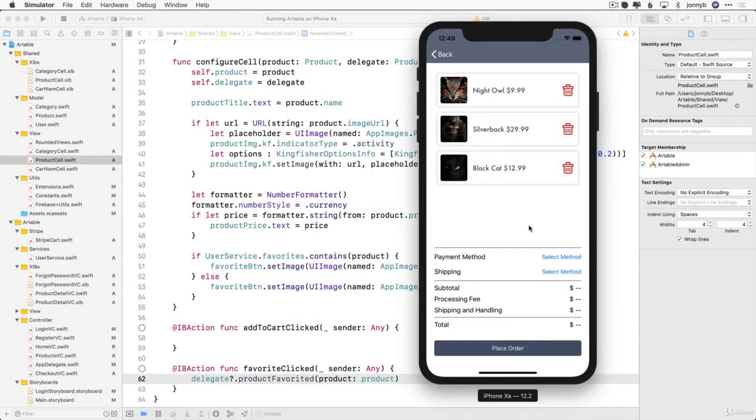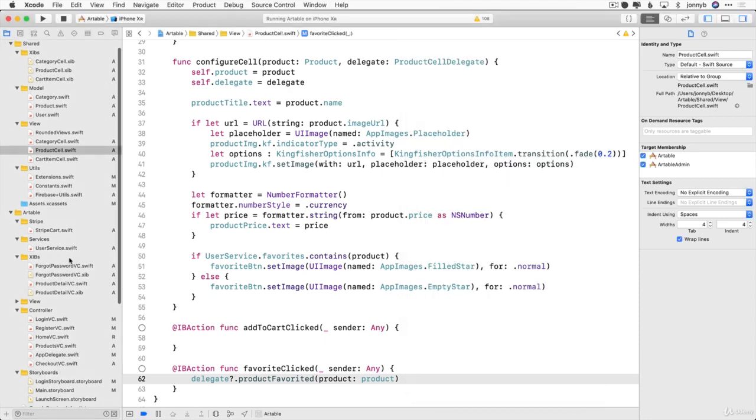Alrighty, so we are adding products to our cart and displaying them. Now let's display the payment information. So down here we have subtotal, processing fee, shipping and handling, and the total. And just to refresh, this charge information, we've already actually written the code to do those calculations in our Stripe